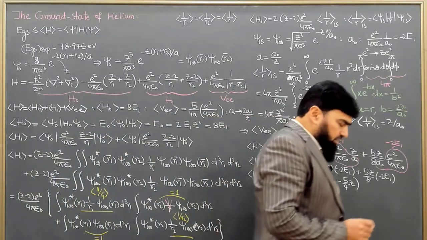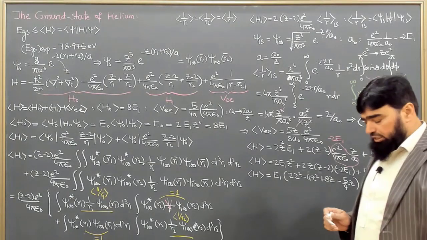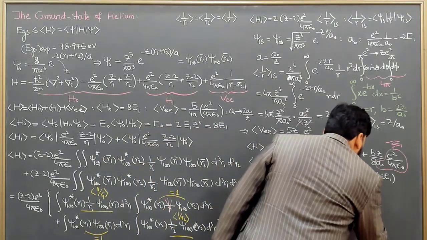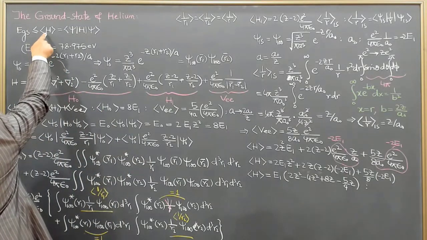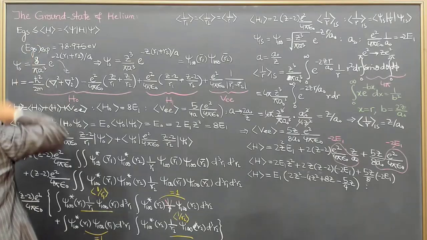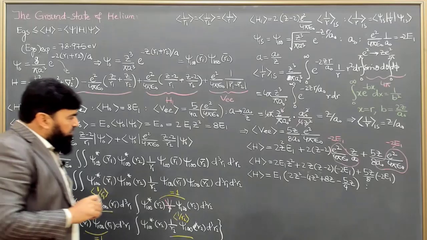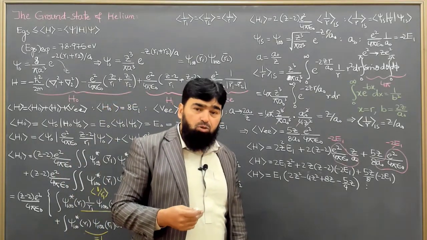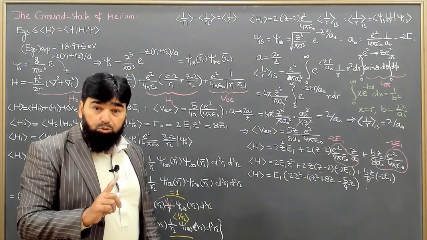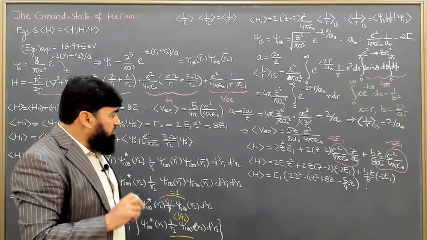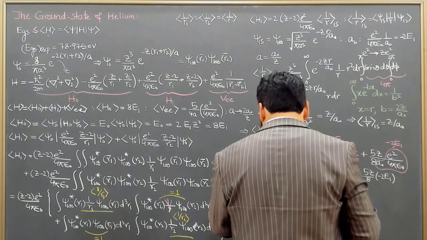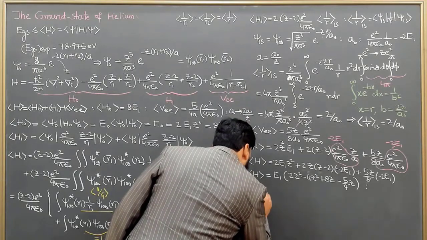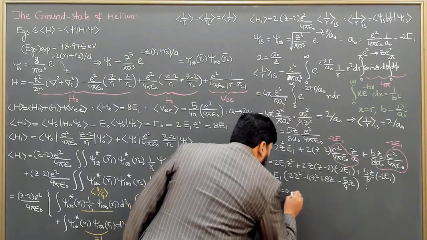And now we are at the final stages, and we have got H in terms of Z, and we know one fact: whatever you do, the calculated H will always be greater than or equal to EGS. So if we minimize this function with respect to Z, this will give us the effective value of Z, because Z we have incorporated. Now Z is not equal to 2, as we know in this situation. So for this we will have to minimize this H, and if I minimize this H, then I know that d over dZ of H will be equal to 0, and this implies,